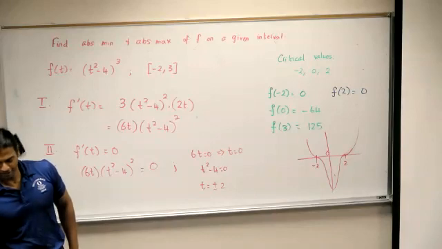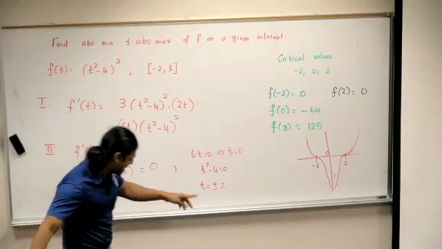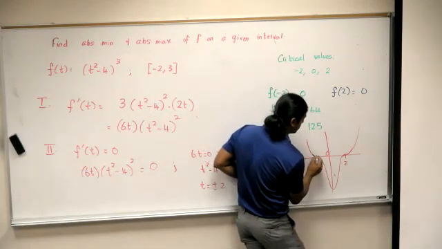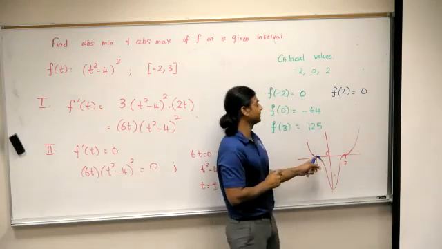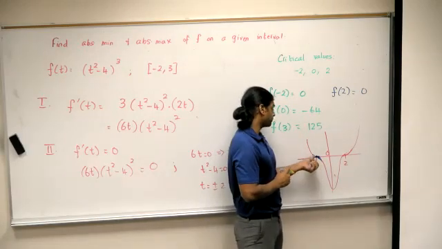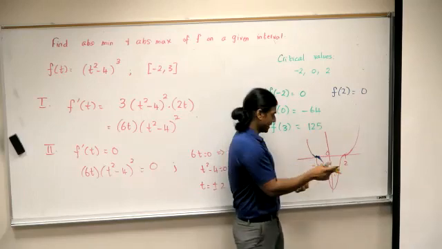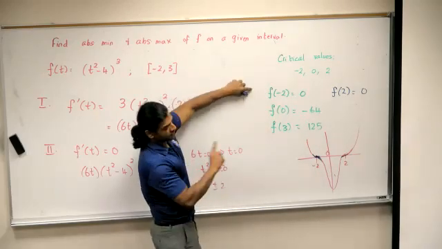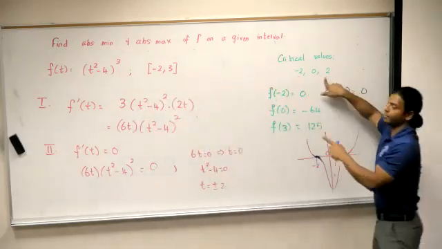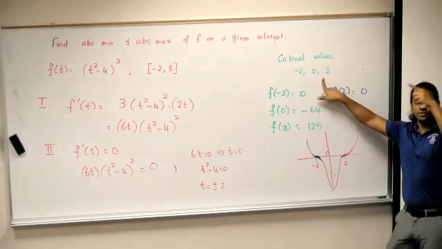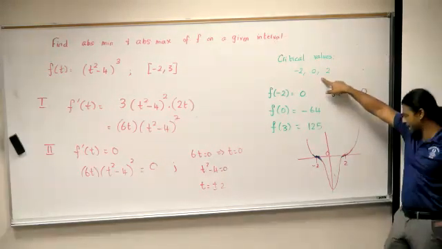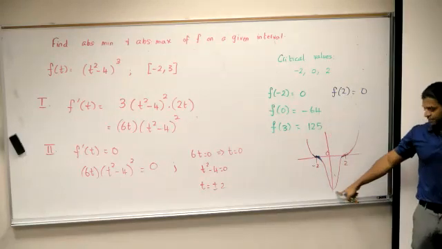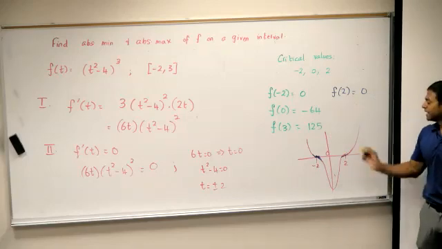So things to note. We had critical values, but here it did not correspond to a minimum or a maximum because it's flat. That's why we got the derivative 0. Same over there. So even though -2 and 2 are critical values, they do not correspond to a minimum or a maximum. However, the critical value 0 does correspond to a minimum. In this case,